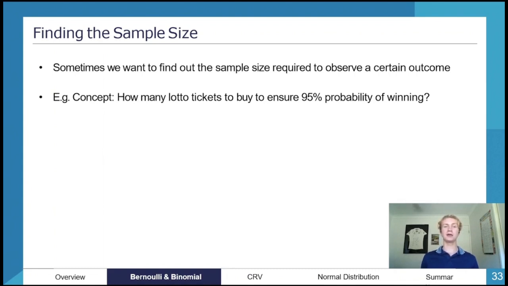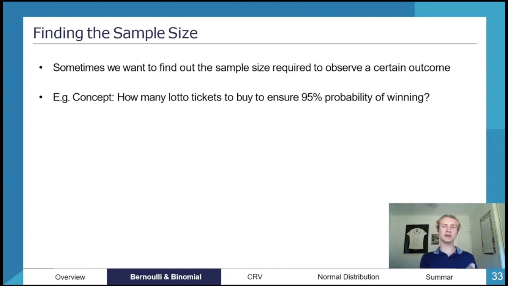So an example would be, how many lotto tickets would we need to buy to ensure a 95% probability of winning? And if you were just given this question, by the way, you would not be able to answer it. That is not something you would have to answer. The reason for that is because, yeah, you're given P of x equals 0.95, and you're trying to find n. However, we haven't been given what? We haven't been given r or